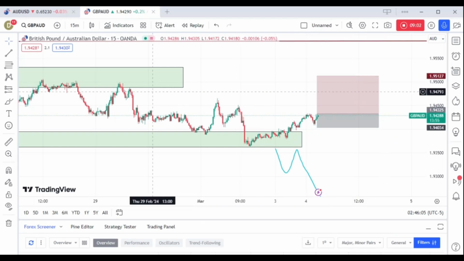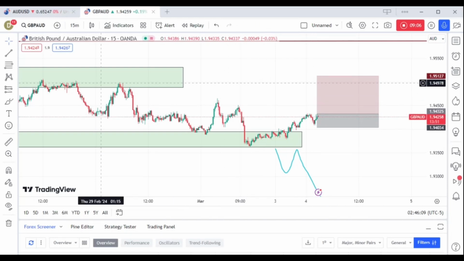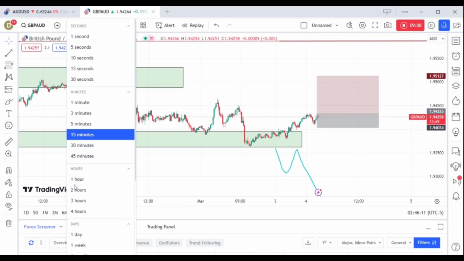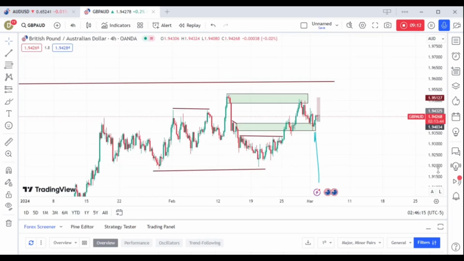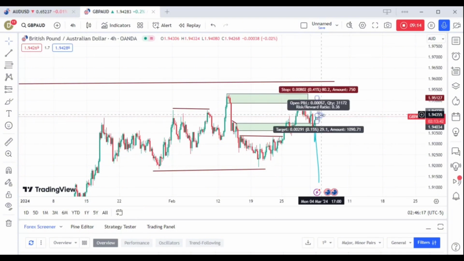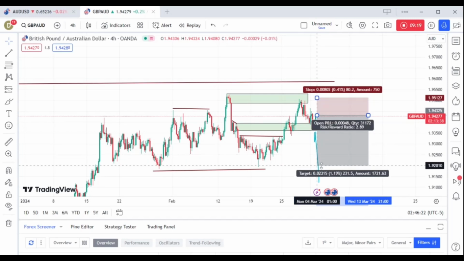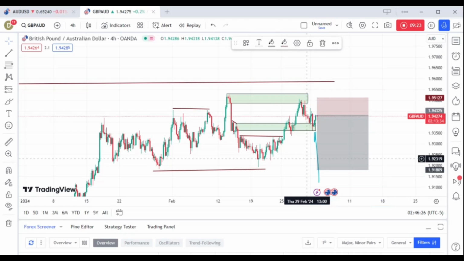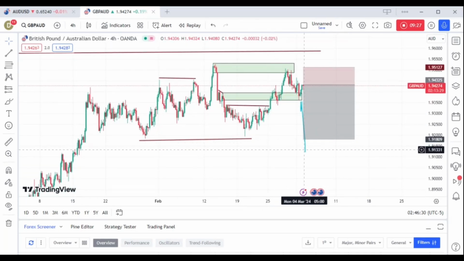Now, so this is a possible sell entry from this place, and target this 4 hours liquidity that price engineered. That means I'm going to be targeting this point here as my take profit. So this is a possible sell entry for me on